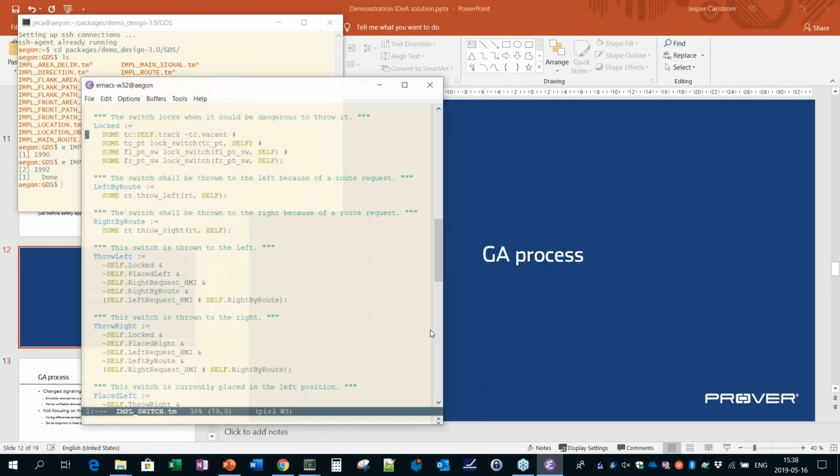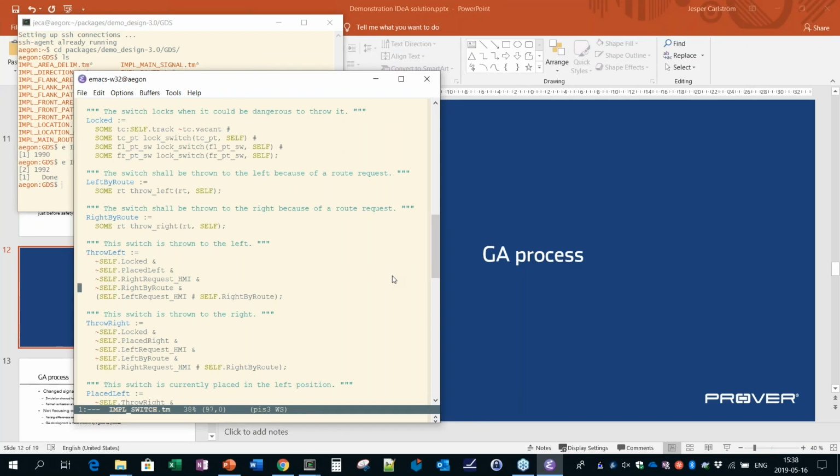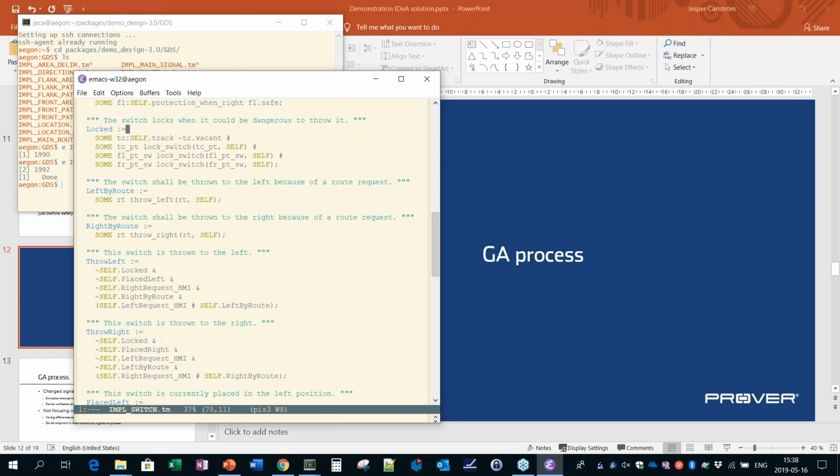Let me restore this as it's supposed to be. Left instead of right. Now it's okay. And then I introduce some other error. Here, a switch is supposed to be locked if the track that is under the switch is not vacant. This is supposed to prevent you from having switches being thrown under vehicles. So if I comment that out, meaning that it will not be used, and I